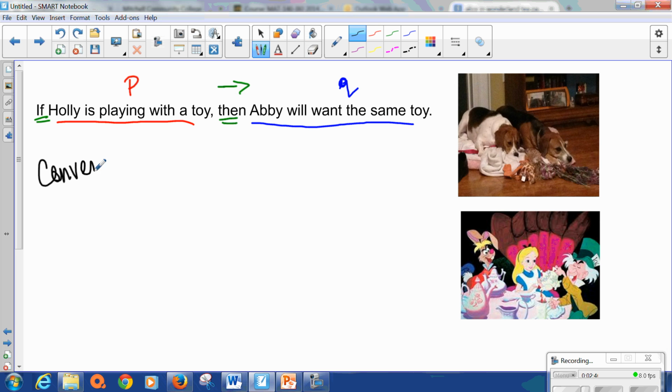So the converse changes the order so that this becomes if Q, then P. So if Abby wants the same toy, then Holly is playing with that toy. Sometimes when you change from the symbols to the words, you have to play with the grammar a little bit so it doesn't sound too crazy. And we say, well, that kind of sounds like saying the same thing. And that is what